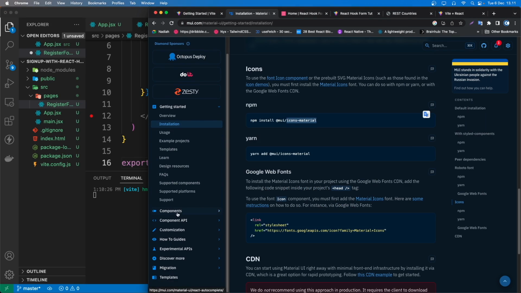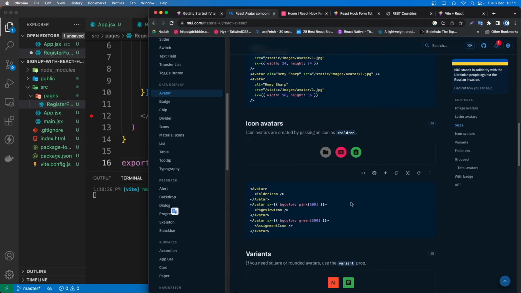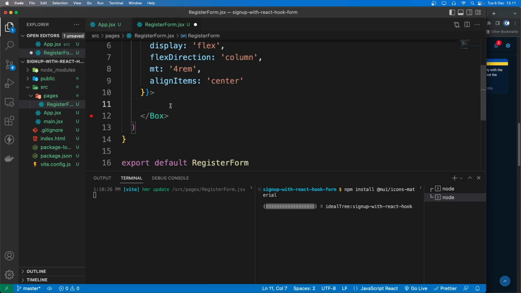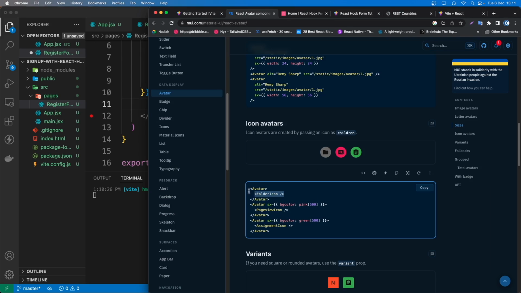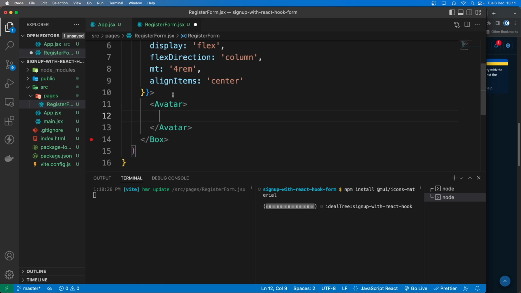Okay, to use the icon is pretty simple. Let me see here, Avatar here. Okay, we are gonna use something like this one. Okay, so first we need to wrap everything inside an, not everything, but the icon inside the Avatar component. So we can say Avatar. Okay, and inside this Avatar here we are going to put the icon, but in this Avatar I'm going to send a couple styling. So we can say sx. Okay, and first I'm going to add the margin. So you can see margin to let's say 1, and then the background color I want to set that to